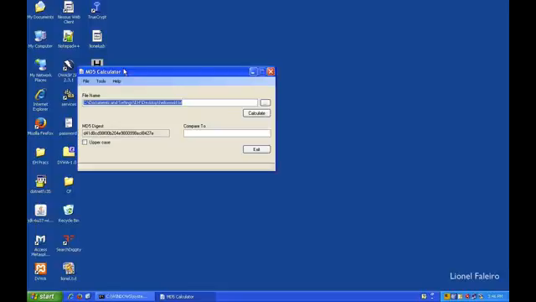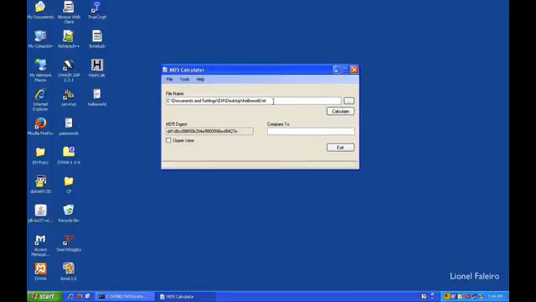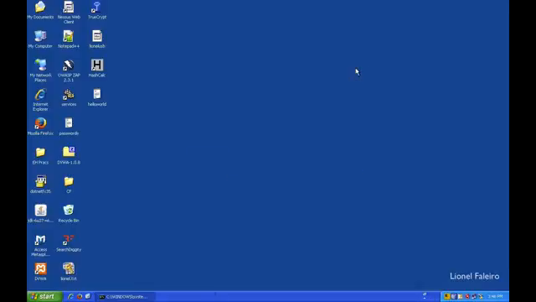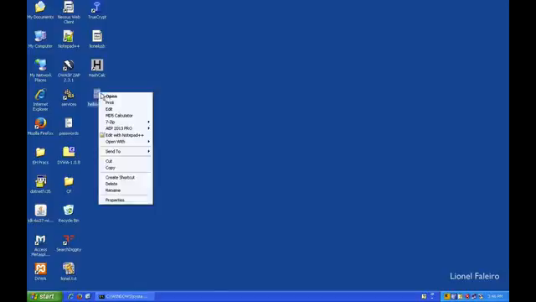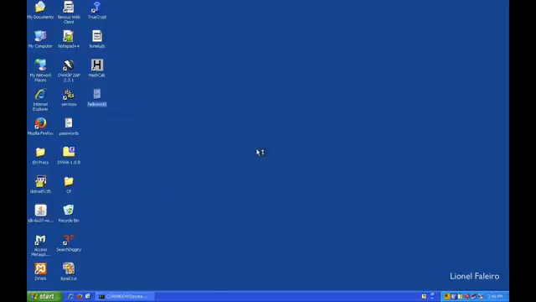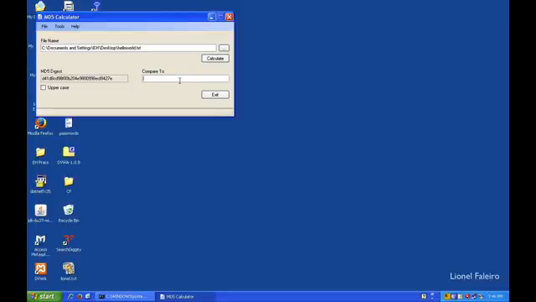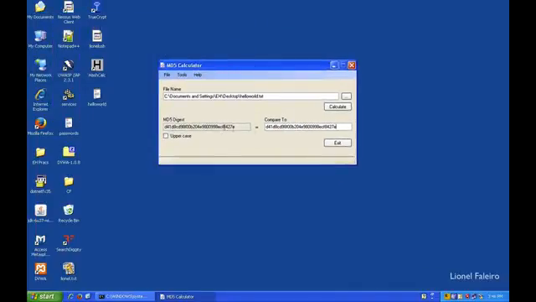When I select it, it picks up the file name and shows me the MD5 hash string for it. Let's say I'm copying this right now. If I run the same thing on my file again,